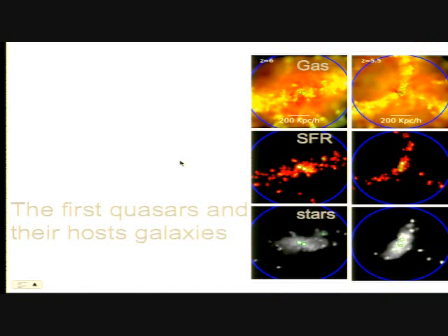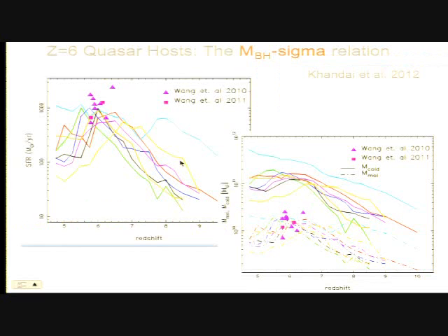And very quickly, as I run out of time, with these large runs we can look for the population of first quasars and also at properties of their host galaxies. So what are typical star formation rates compared to current constraints, or gas mass fractions? The lines are the results from the star formation evolution in the simulations as compared to the constraints mostly from Carilli et al., from CO, of star formation rates in quasar hosts. So these are sort of the Sloan quasars. And there doesn't seem to be a big problem with producing these very large star formation rates as well, just to emphasize that. You grow the mass, but you grow the right stellar masses with a kind of implied